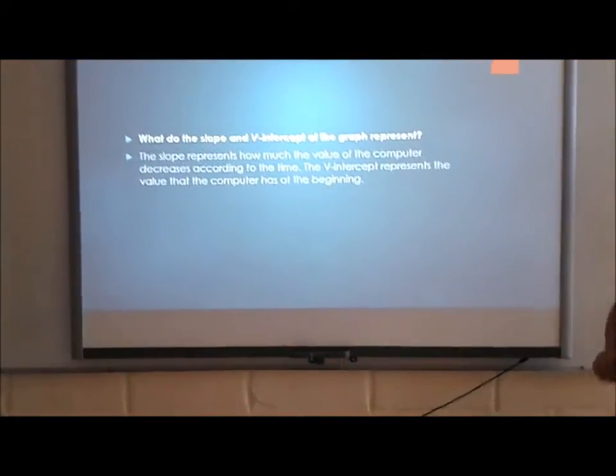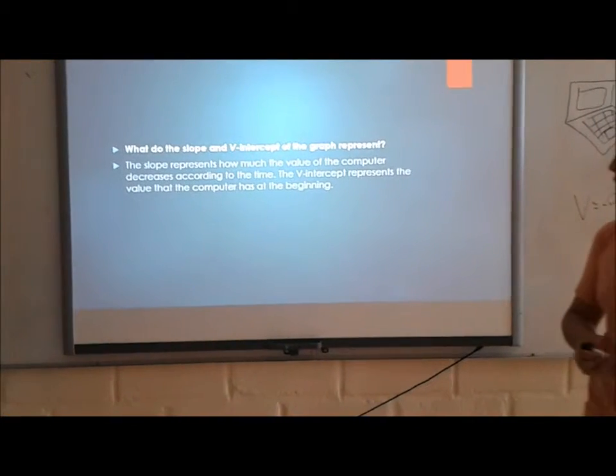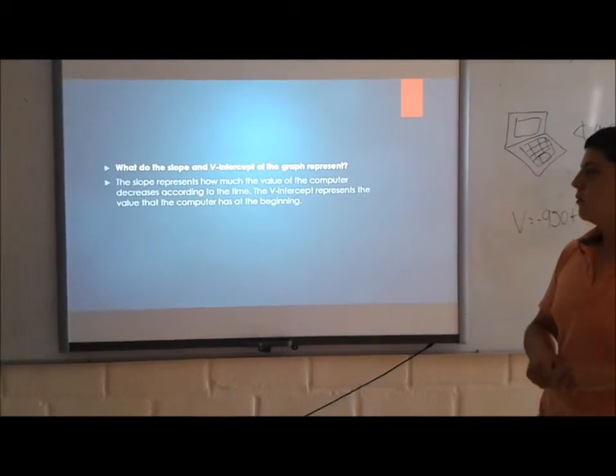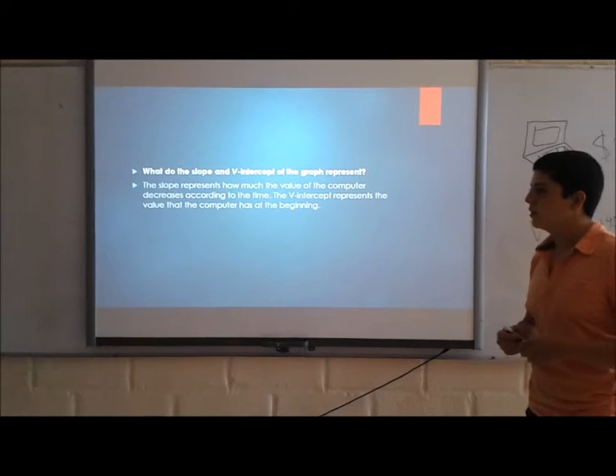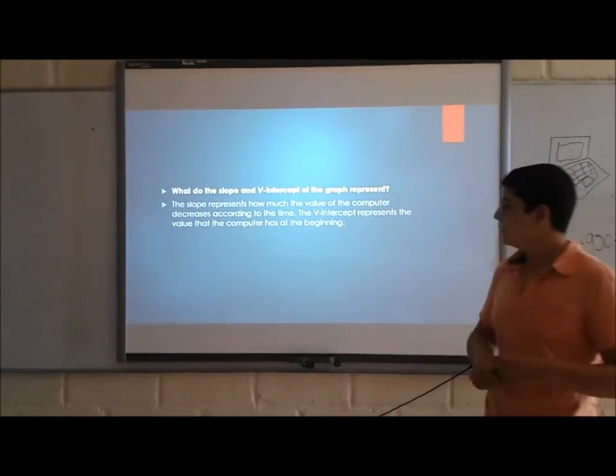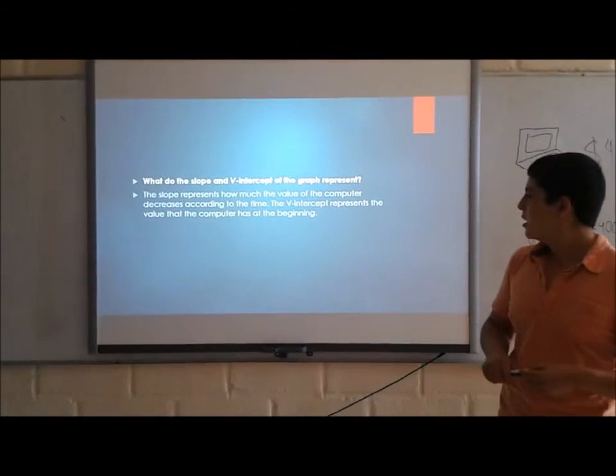What do the slope and the intercept of the graph represent? The slope represents how much the value of the computer decreased according to the time. The b-intercept represents